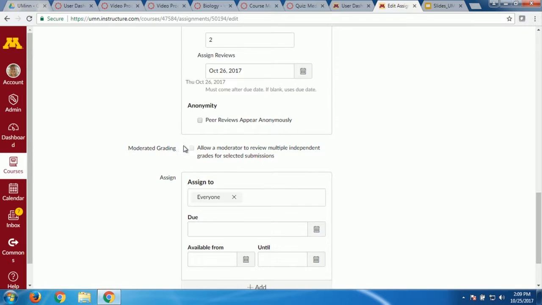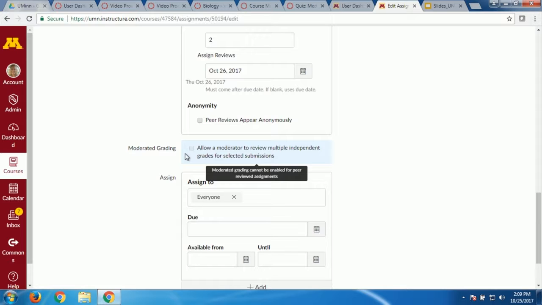You also may see moderated grading. That is really for if you have people like TAs in your courses. It allows you to assign a set of students for that TA or other person to grade, and then you kind of have the final oversight before those grades get released. That's what moderated grading means. It gives you an extra step before the TA randomly just grades and it goes out to students. It gives you a little bit of oversight with what other graders in your class are doing, if you include other graders in your class.